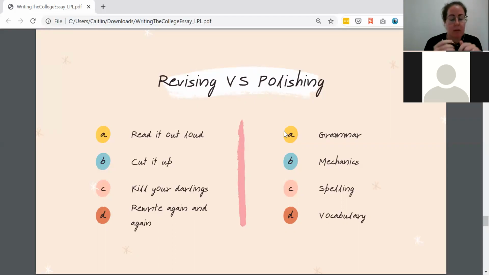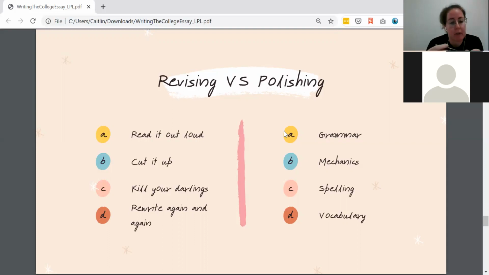To help with that, one of my favorite strategies is to read it out loud. Does it sound like you? Does it sound like anyone? Does it sound like a person who is confident? Or think about who is writing this essay, again, one of our core questions. Who is the person who's writing the essay? What version of you? When you read it out loud, does that version of you match up to what you have written? It just sounds different in your mouth, and it can make a lot of inconsistencies and awkwardness become